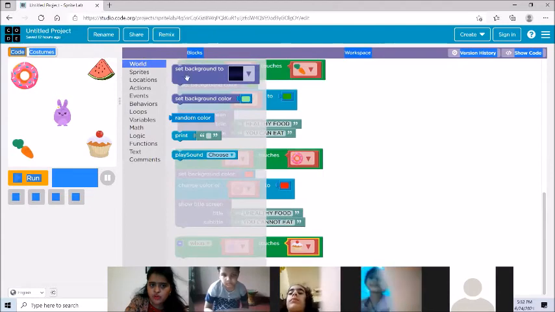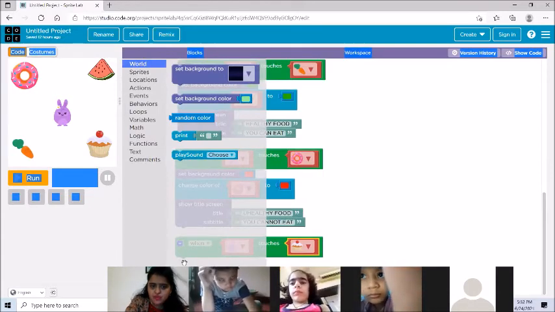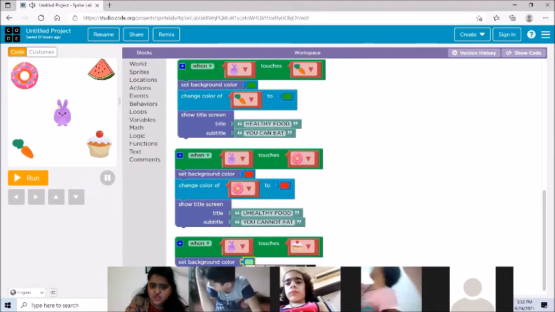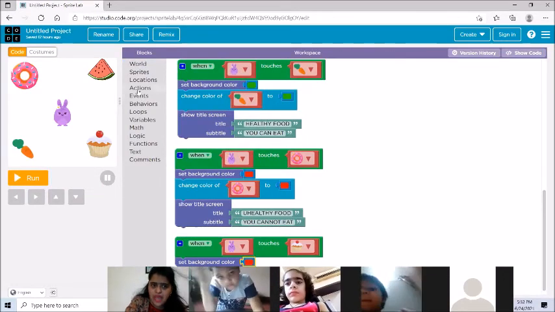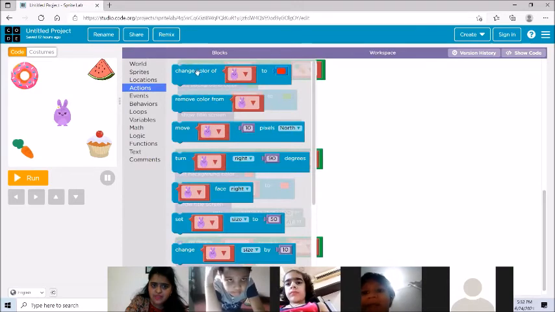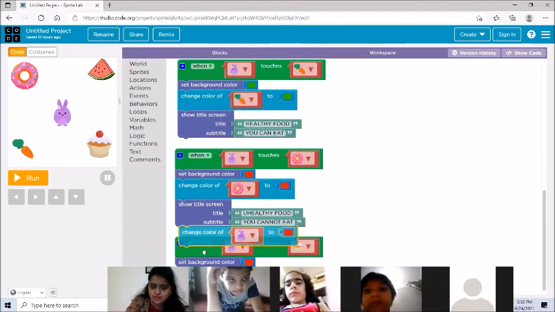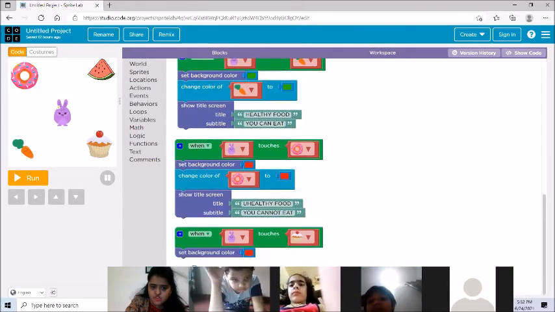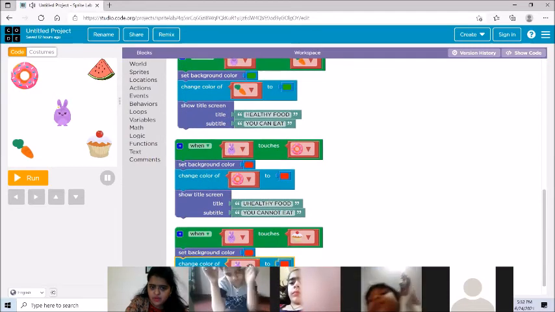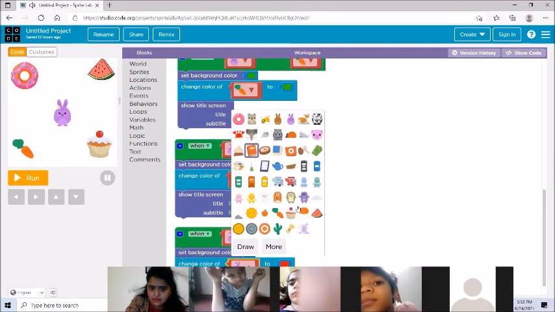We'll again go on word and set the background to red, since cupcake is an unhealthy food. Then we'll go on action and the color of this cupcake should turn into red. From here we'll select the cupcake.